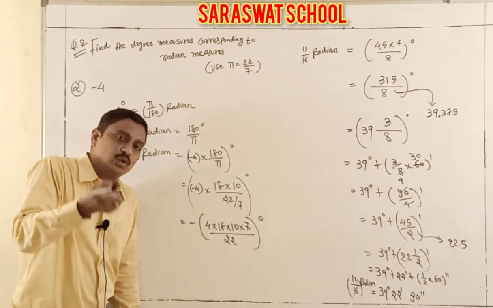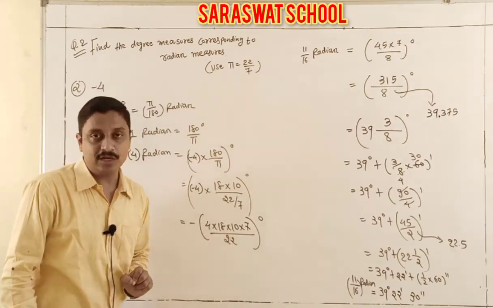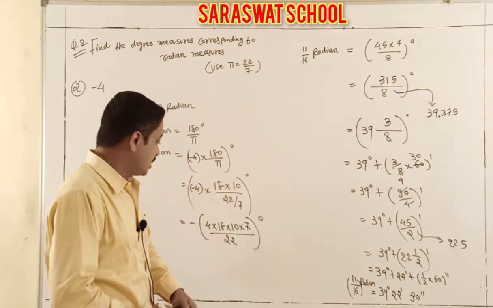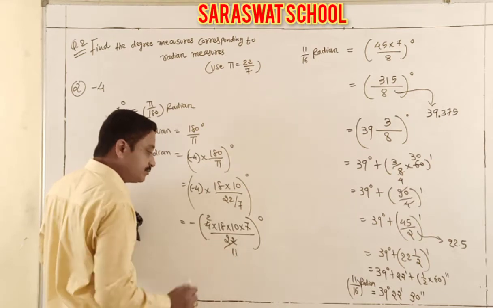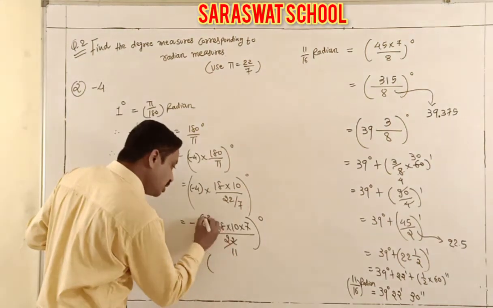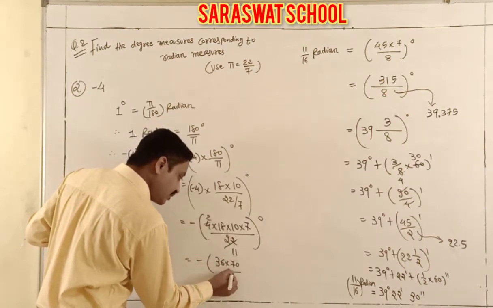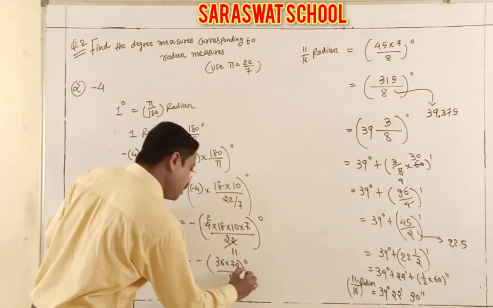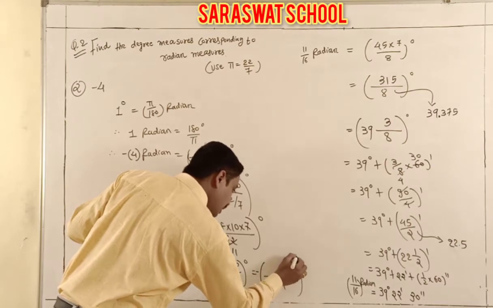Try to reduce to the least factors. That's why, students, we are writing it in the factorization form. Don't take the direct LCM, otherwise you get confused. Now the calculations: here 2s are gone, 11s are gone. Nothing else to calculate. So you get 18 into 2 is 36, into 70 by 11 degree. Yes, and 11 divides the same here, and here degree.